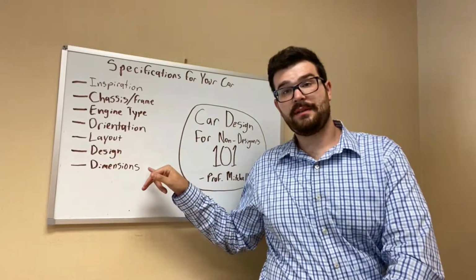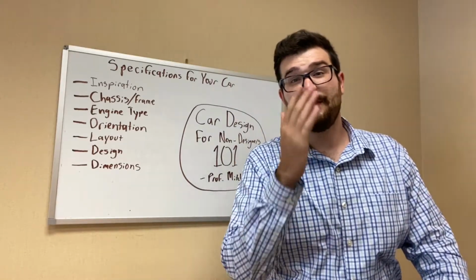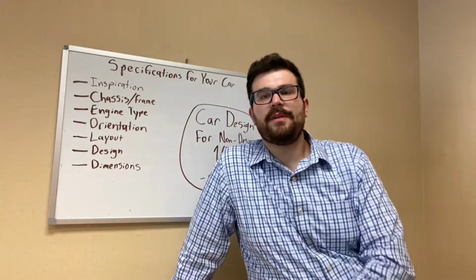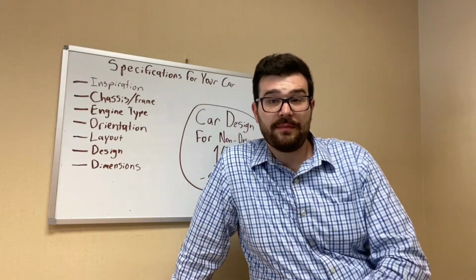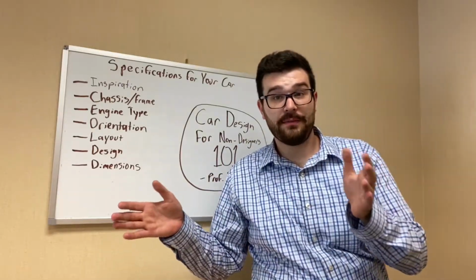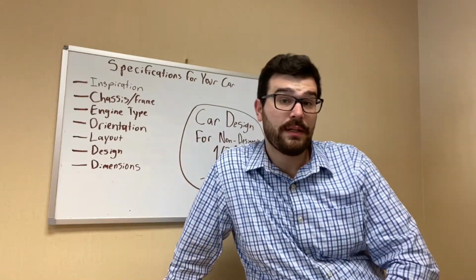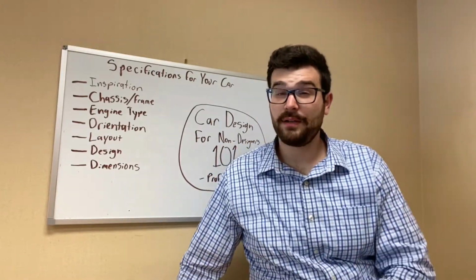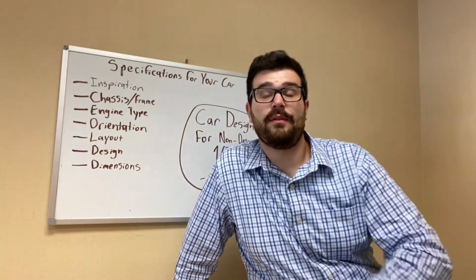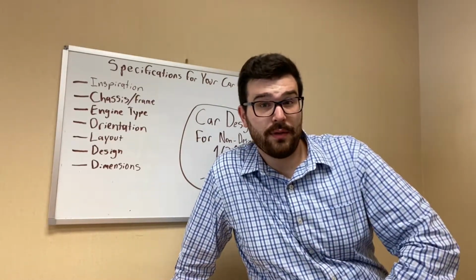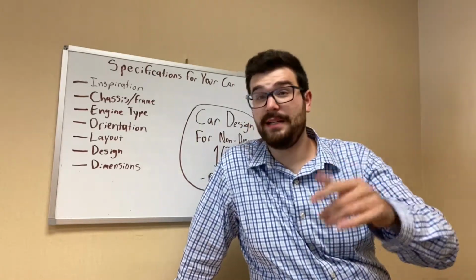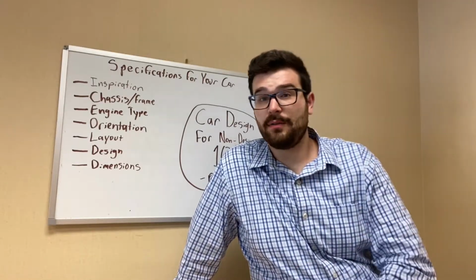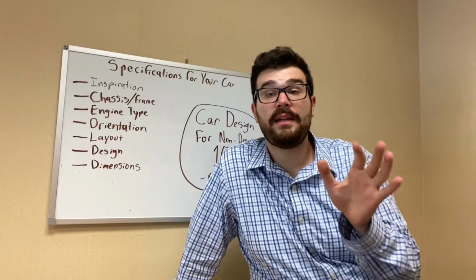So now dimensions. This is something I can't necessarily tell you, but I would tell you to lean in and do some research. Let's think about this: the length of the vehicle, the height of the vehicle, and the width of the vehicle. Let's say you want to have something based off of the 2020 Corolla. The 2020 Corolla is not a long vehicle, it's not a high vehicle, and it's not a wide vehicle. If those are characteristics that you want with your vehicle, I would compare it to something like the Corolla. If you want something sports related, race car related, then take your inspiration from things like Ferrari or the Supra. Within height, width, and length,